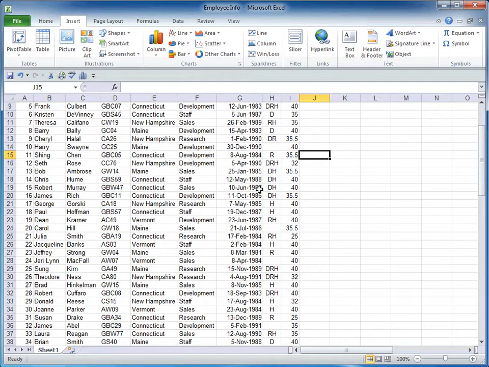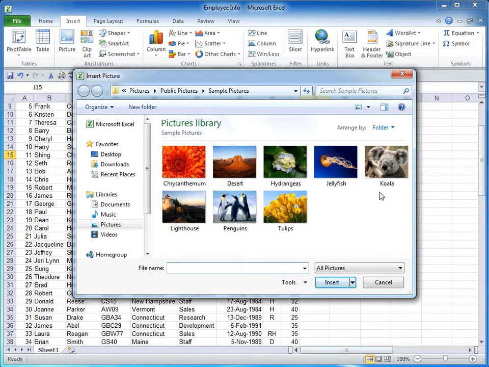Contextual tabs are additional tabs that appear on the ribbon when you select a specific object such as a chart, a table, or a drawing. What I'd like to do right now is just import a picture. So I'll say insert on the ribbon, choose picture. I'll just select a basic picture